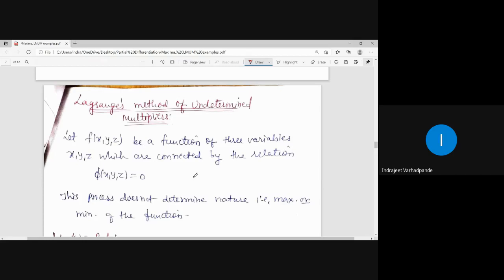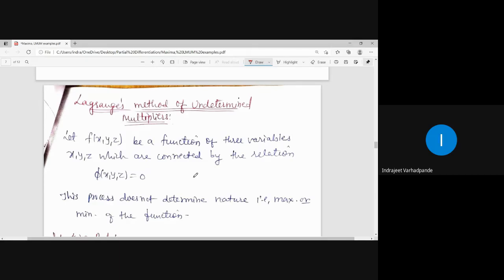If the question says, find the minimum value of so and so using Lagrange's method, then obviously you have to assume that the value is the minimum. There is no parameter to check whether r is positive or r is less than 0, right? So in this process, we have to assume that whatever they have said, if it is going to be maximum, we assume that it is maximum. If it is going to be minimum, we say that it is minimum.